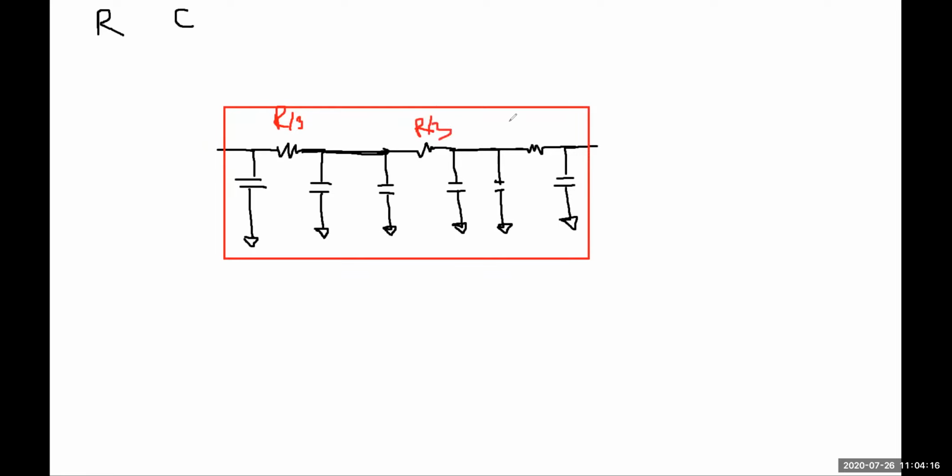R by 3, R by 3. So how many R do you have now? 3, right? And they are in series, so they will be added. No, they will not be added because you have to use the Elmore rule. But theoretically, or by assumption, since they are in series, R by 3 plus R by 3 plus R by 3 becomes R.